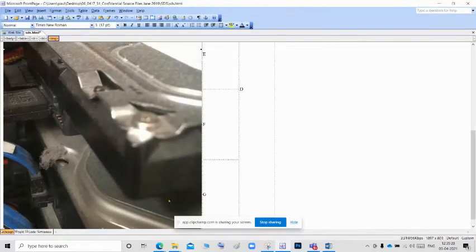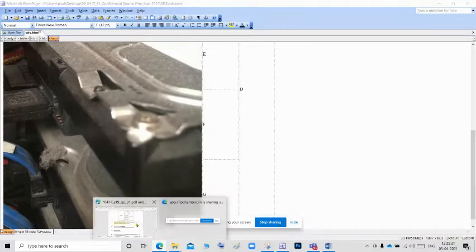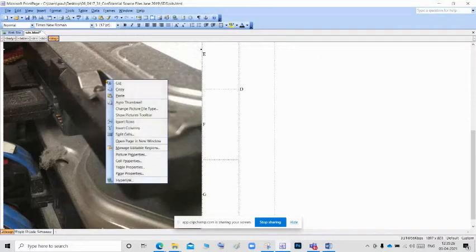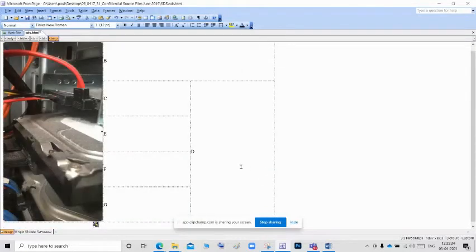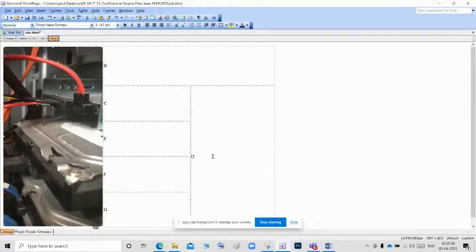The image will open and they are asking to give the width as 400 pixels. So select this, right click, picture properties and give width as 400. Okay.